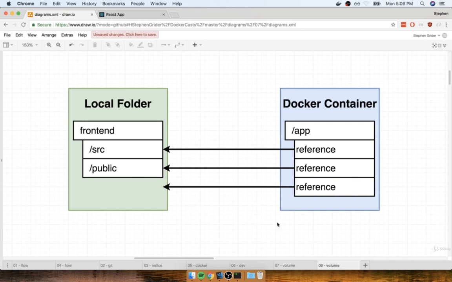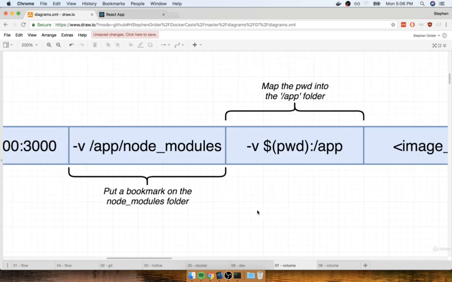Now there's a very easy fix to this. All we have to do is pass in an additional -v flag, and as the only argument or the only folder path on there,